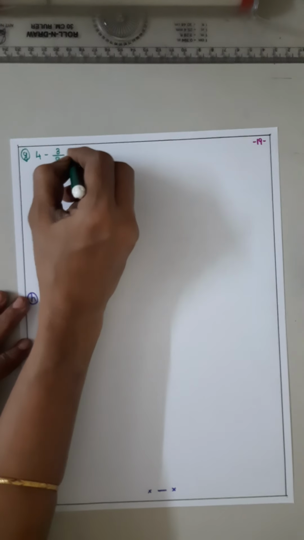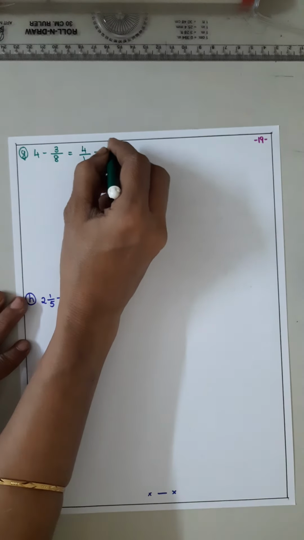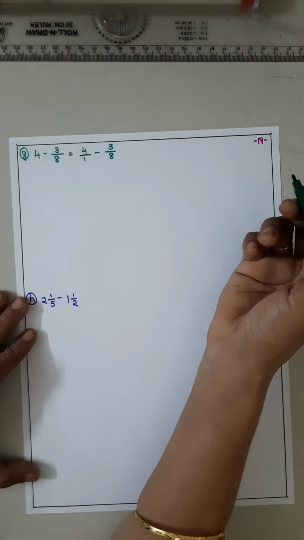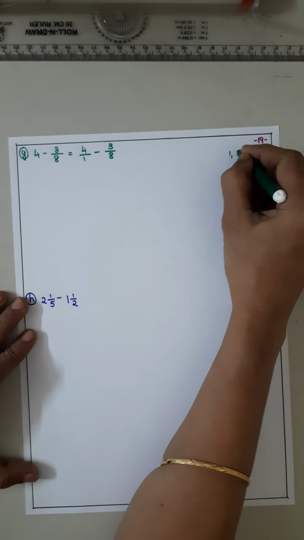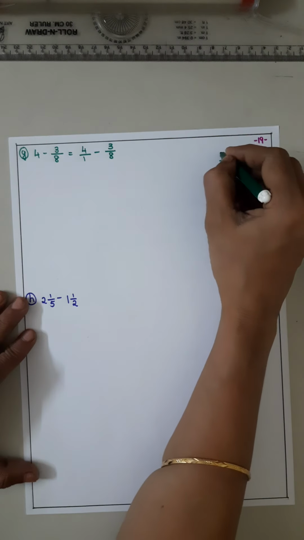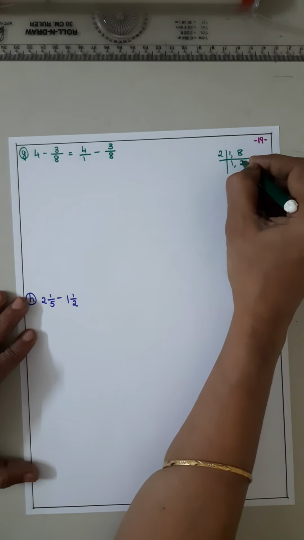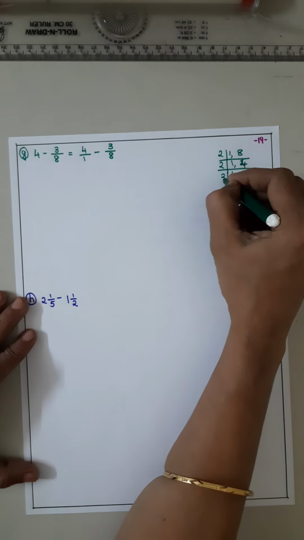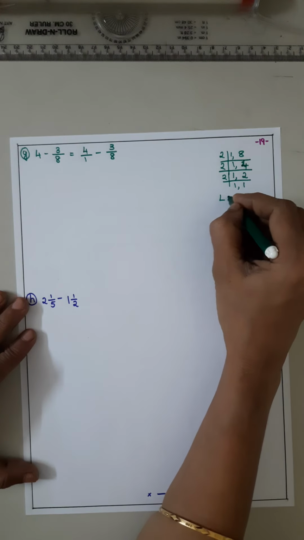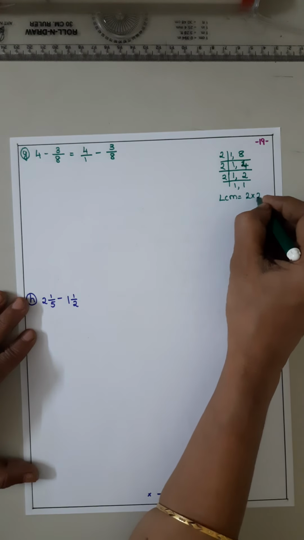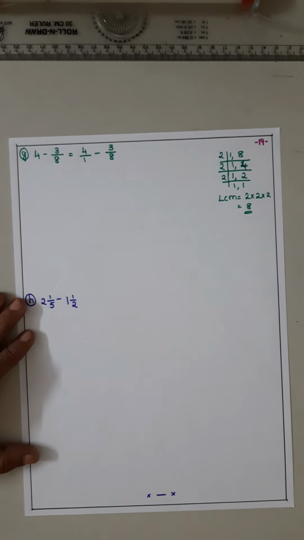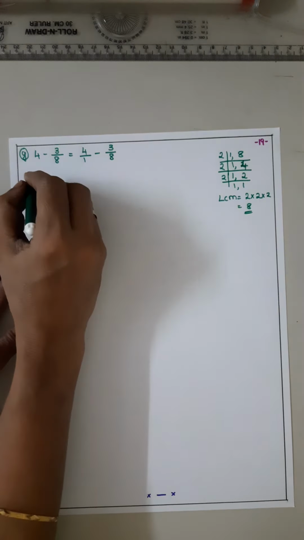So 4 denominator is not there. Now write 4 by 1. Isn't it? Now 1 and 8 LCM will be 8. क्योंकि दूसरा नंबर 1 है. 2 1 2 sorry 2 4s are 8. 2 1 2 2s are 2 1 1s. So LCM is equal to 2 into 2 into 2. 2 2s are 4. 4 2s are 8. So एक नंबर 1 है, दूसरा नंबर कुछ भी है तो ऑलवेज द अदर नंबर इज द एलसीएम.